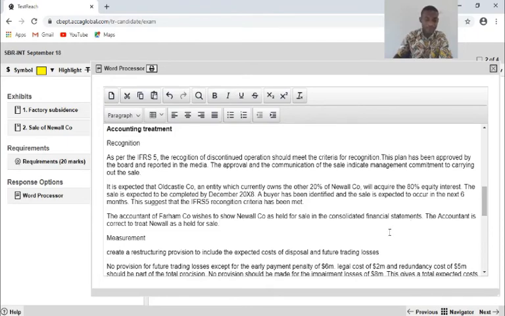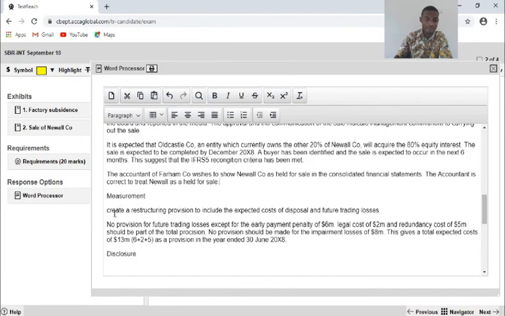Now, when you come to the measurement, create a provision to include expected.